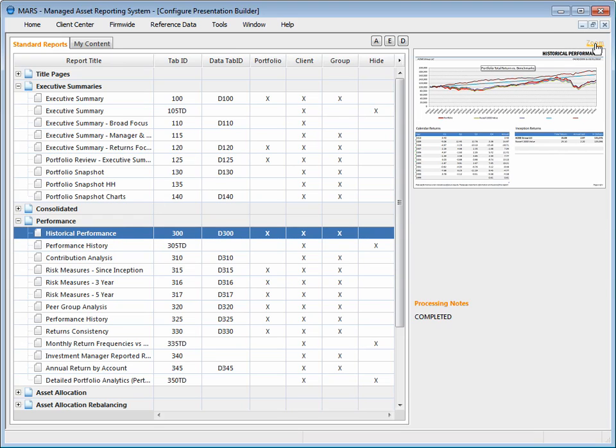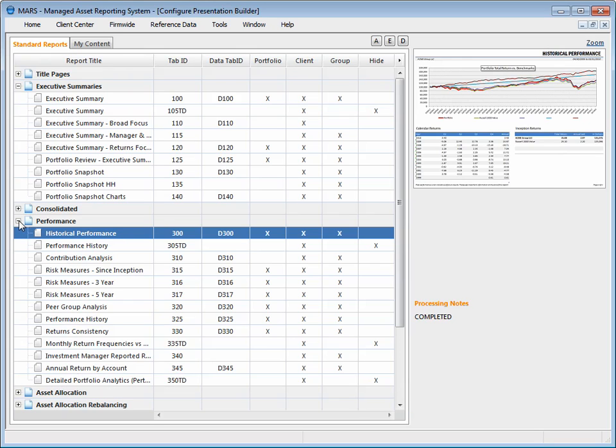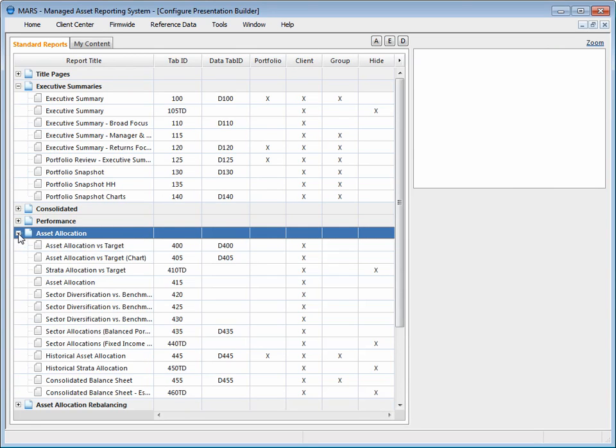So when we're talking about performance, we're talking about something like this, a historical performance graph, maybe calendar returns, rolling returns. This is also where you'll find your risk analysis reports, your peer group reports, anything basically to do with historical returns and historical returns versus a benchmark. We then have a section here of asset allocation reports, and